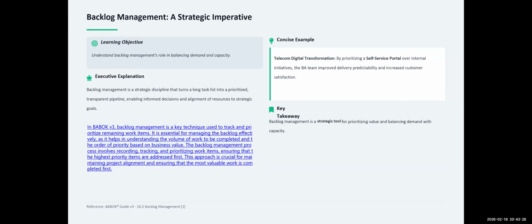We're going to see prioritization techniques, right? And then we also look at how we record into the backlog. So backlog management simply gives you the process you use in recording, tracking, and prioritizing work items to ensure that the item with the highest priority is the one that is delivered first, the one that will give the highest value, or the one that we'll talk about, the Kano way of